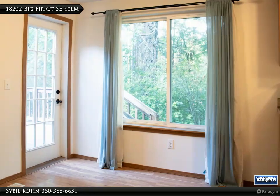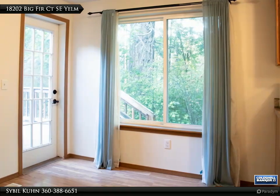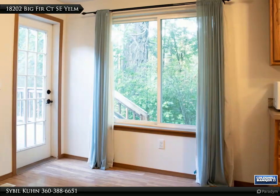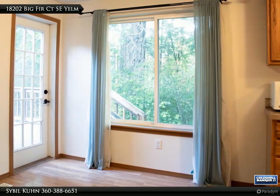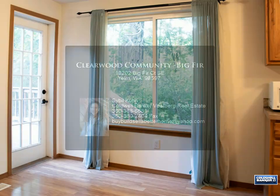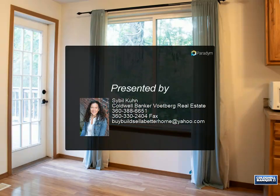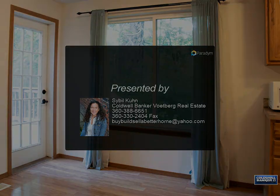3 bedrooms upstairs, 2 full baths including primary with ensuite bath. Watch your neighborhood deer graze frequently from your upstairs windows or from your spacious back deck. Amenities include 3 lakes, fishing, swimming pool, gated entry, beach access, boat